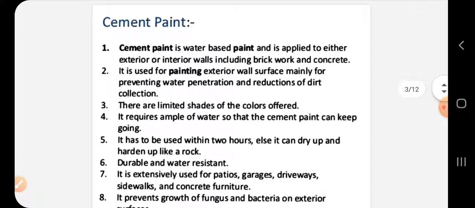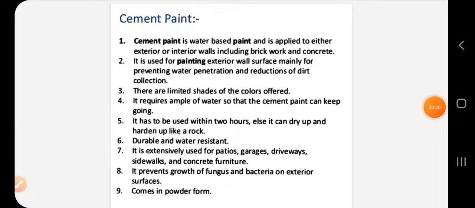Next is cement paint. Cement paint is water based paint and is applied on either exterior or interior walls, including brickwork and concrete. So after water based and oil based, this is the third type, which is cement paint.